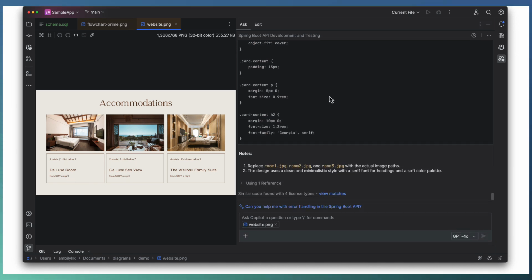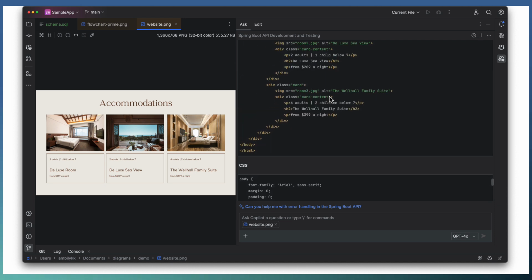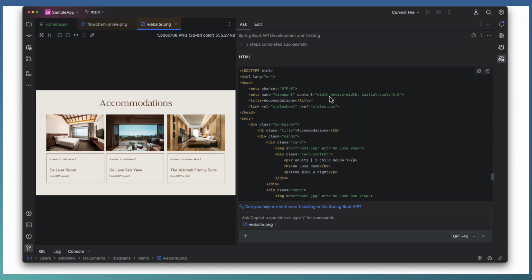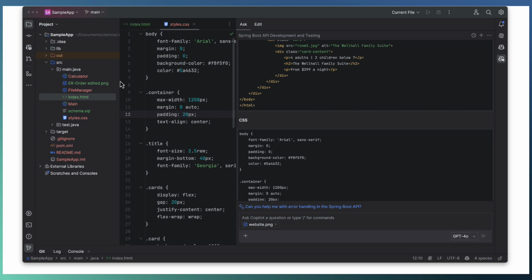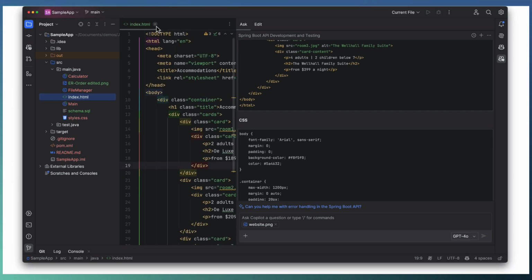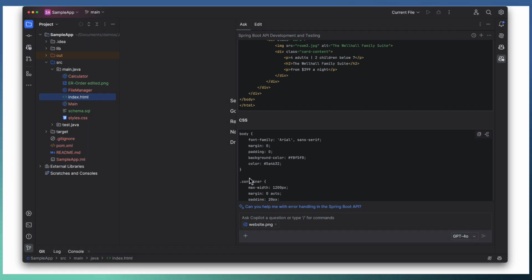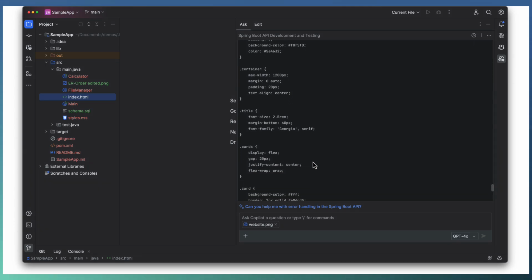It's coming up with the detailed CSS and HTML. This is the design we received, almost similar to the design we passed, except obviously the images need to be added to make it an exact match. So this is how quickly you can transform an image or website design into code pieces.